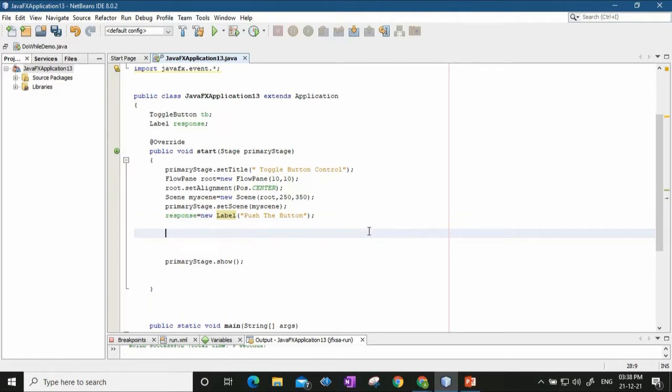So to create a toggle button, I'll say TB equal to new ToggleButton, and the text that should be displayed on the toggle button is simply "On/Off", so that the user knows that when I toggle this, the button is either on or off, two states.